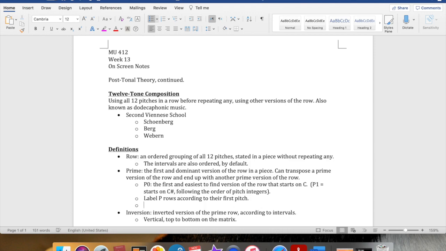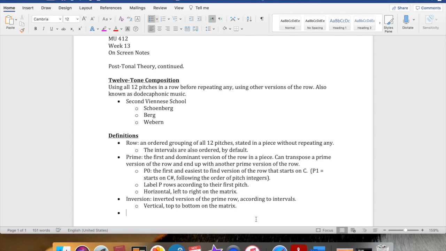Let's say also horizontal left to right on the matrix. In addition to inversions, we could also have a retrograde, which is horizontal on the matrix, moving right to left. Another way to think about this is that it is the prime row backwards.